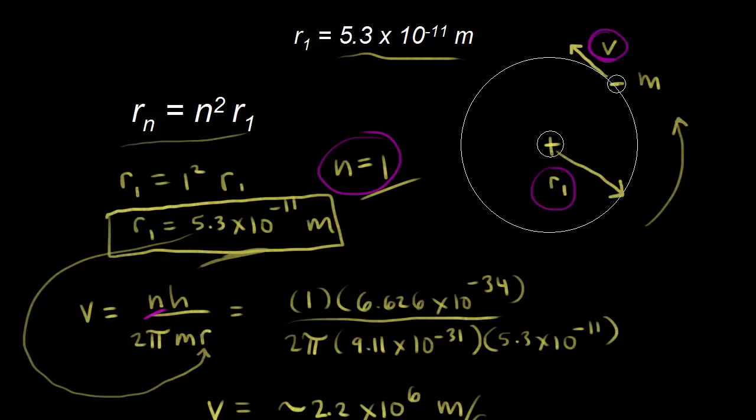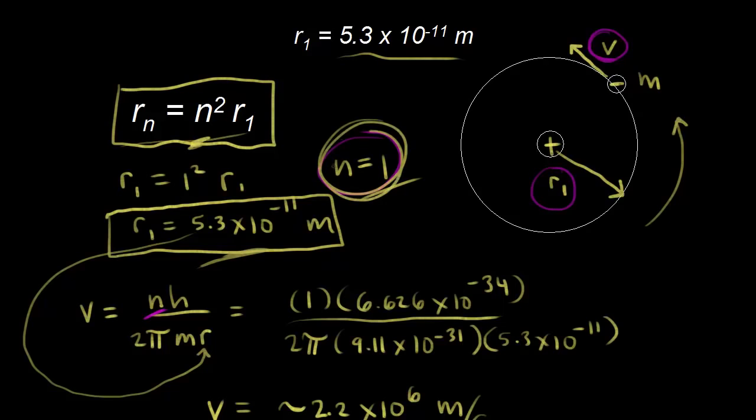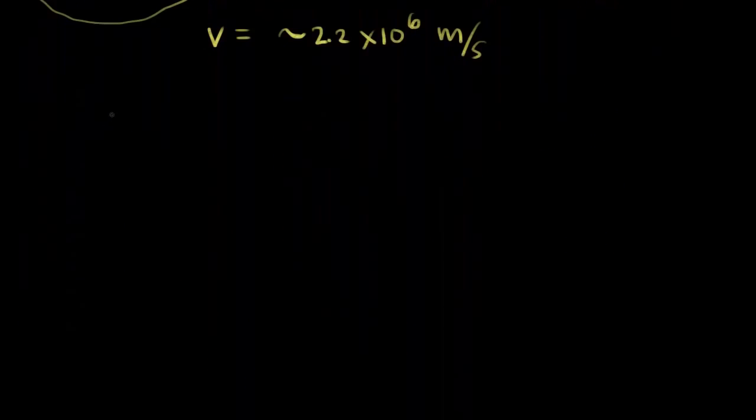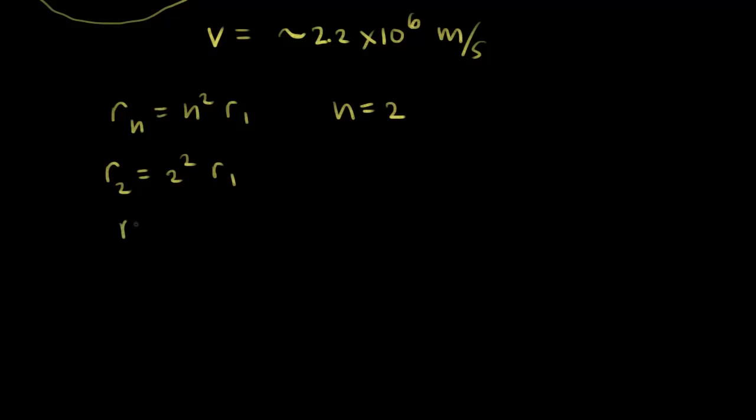This is the radius of the smallest orbit allowed using the Bohr model, but you can have other radii, and we can calculate the radii of larger orbits using this equation. We're just going to use different values for n. We started off with n equal to 1. Let's use the same equation and do n equal to 2. So r for any integer n is equal to n squared times r1. Let's plug in 2, so we'd have 2 squared times r1. So r2, the second allowed radius, is equal to 4